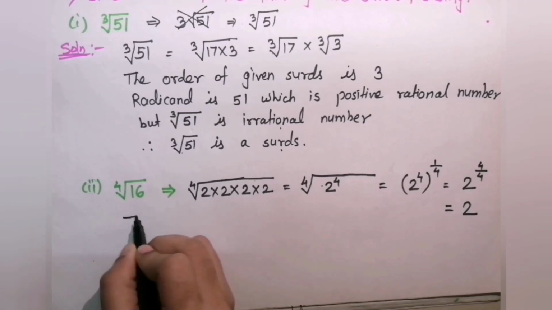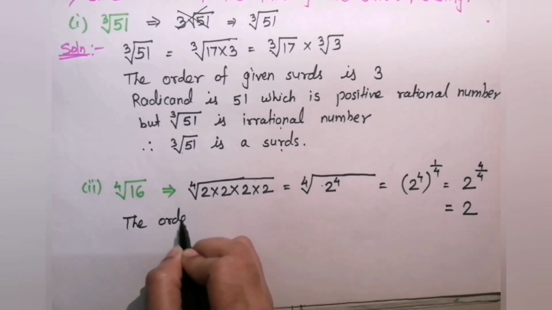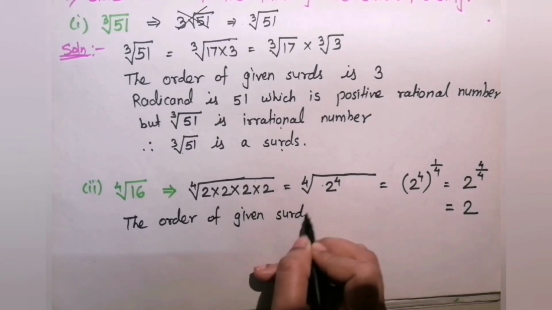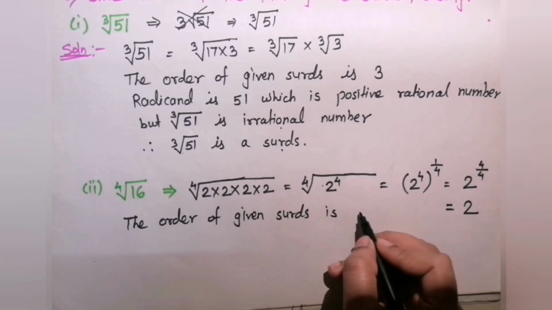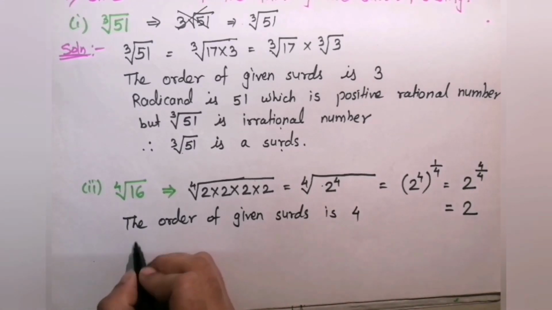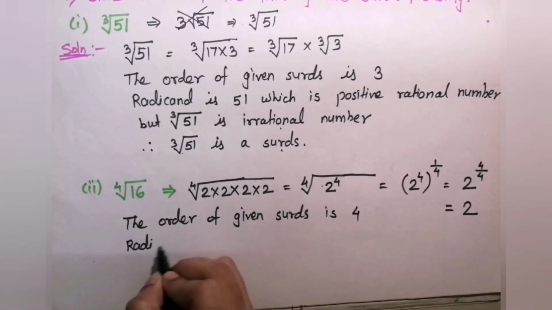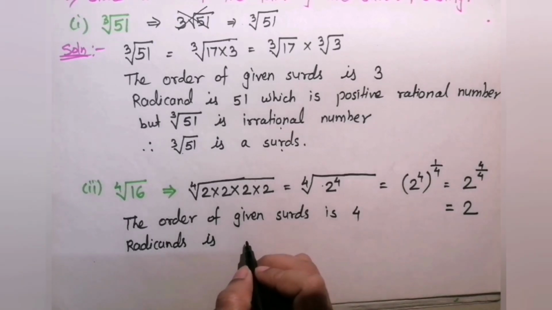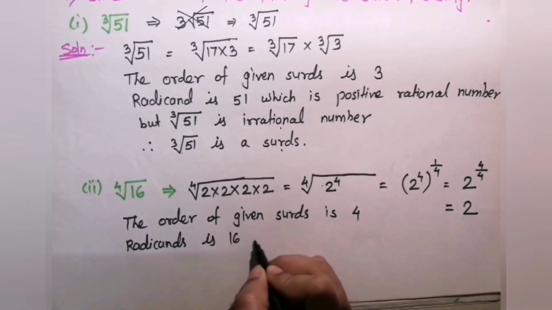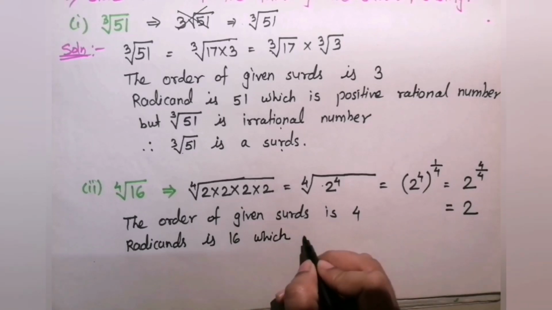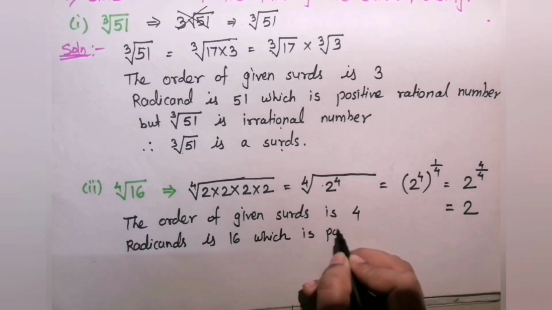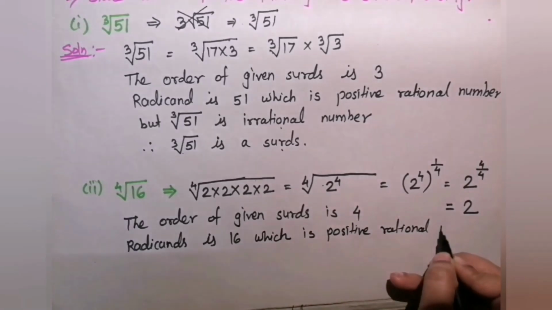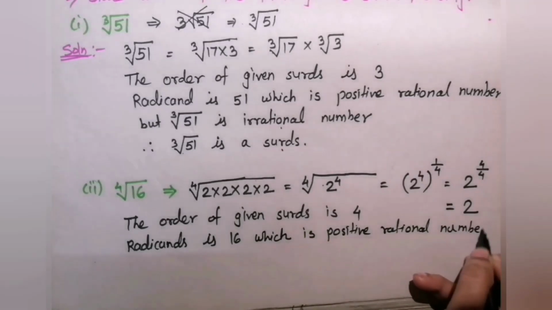Yes. So first, students, write down the answer. So we have the order of the given surd. What is the order of this? 4. Yes. Now write down their radicands. What is the radicand? 16, right? Which is a positive rational number. Clear, students? But